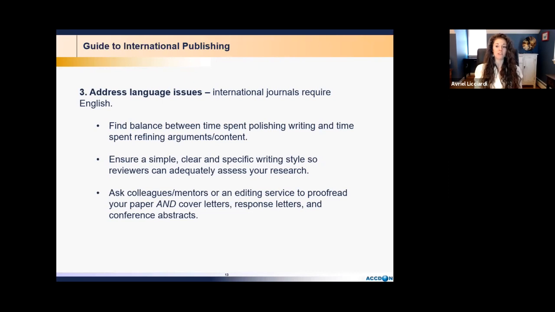This is something that you should be doing regardless, so that they can catch any scientific errors or places where you need to elaborate. There are, of course, editing services that can proofread your paper as well. Importantly, when you go to submit your work, remember that you need to ensure solid English in all written documents that you're submitting. So not just your manuscript, but also the cover letter that's going to be going with it.